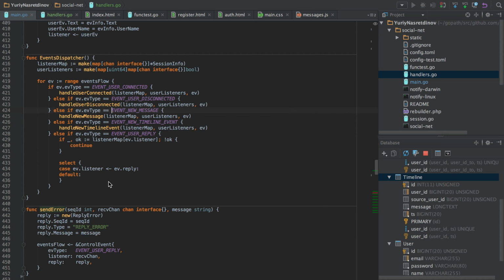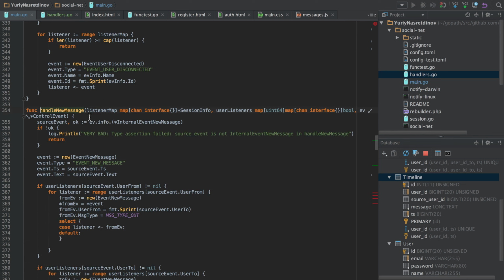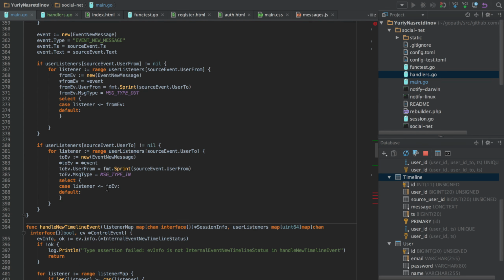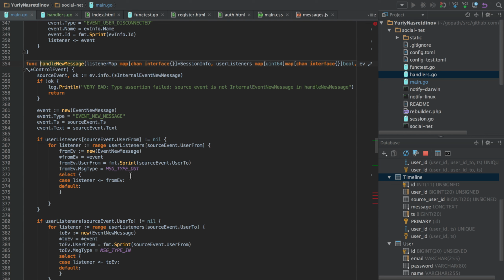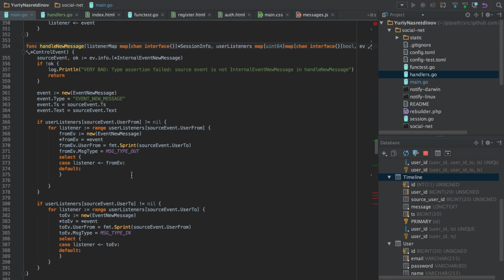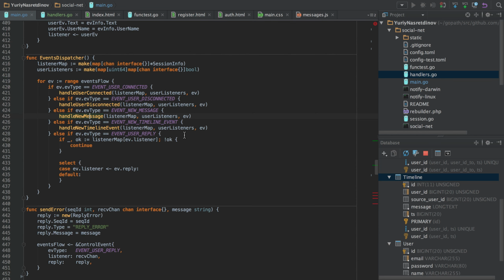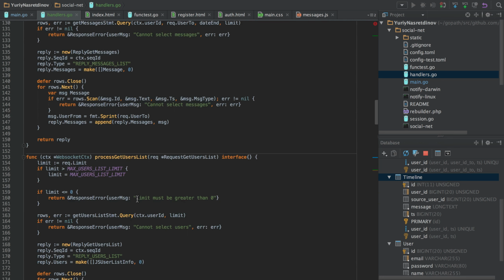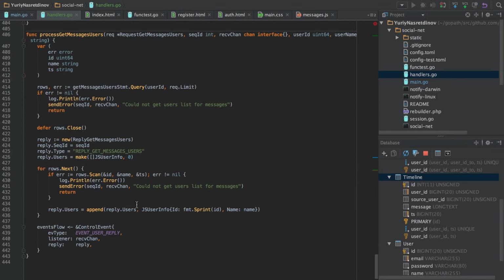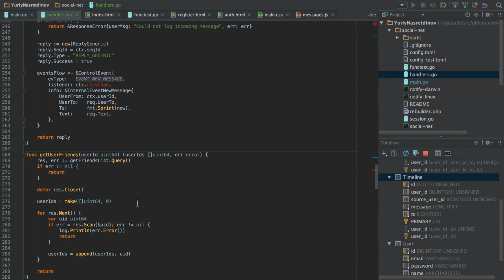And you can see that these events are processed in the events dispatcher Go routine, and for a new message we call handle new message, and it sends two events. So this method just illustrates that we really send a live notification to two users if they are online, of course.